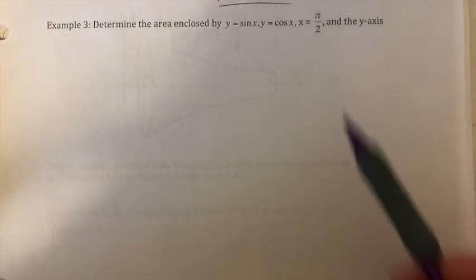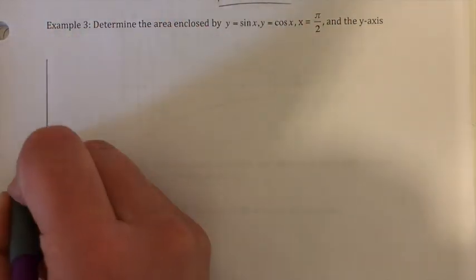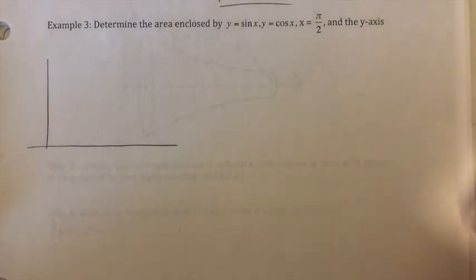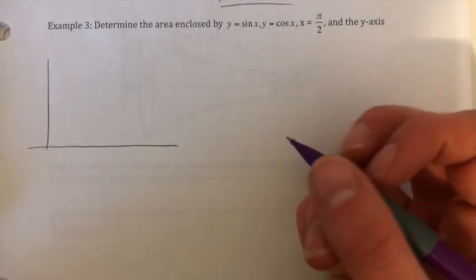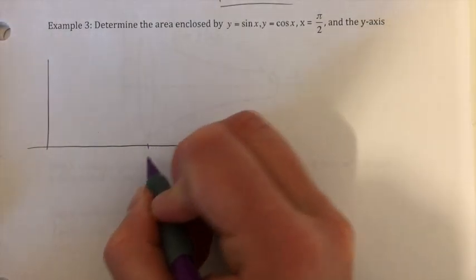The next one is determine the area enclosed by y equals sine x and y equals cos x, x equals pi over 2, and the y-axis. So again, we're going to have like boundaries on this one. So we're going to just draw those two graphs. So we know that at pi over 2,